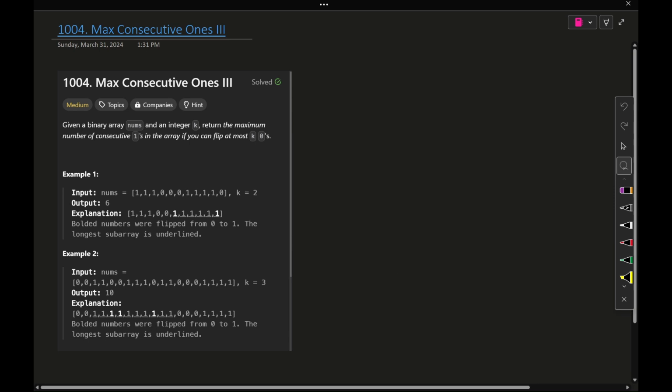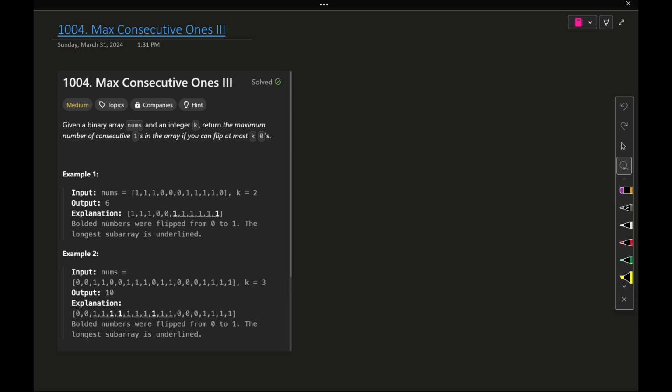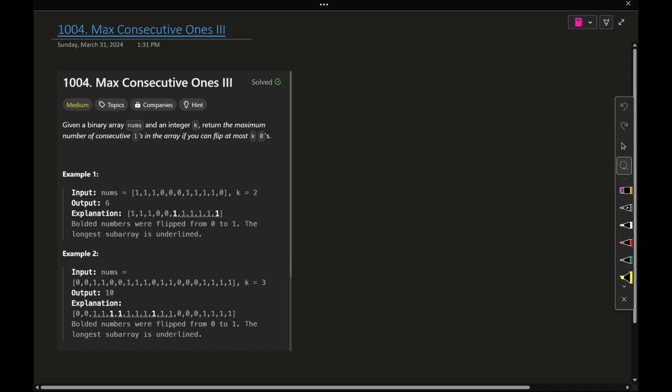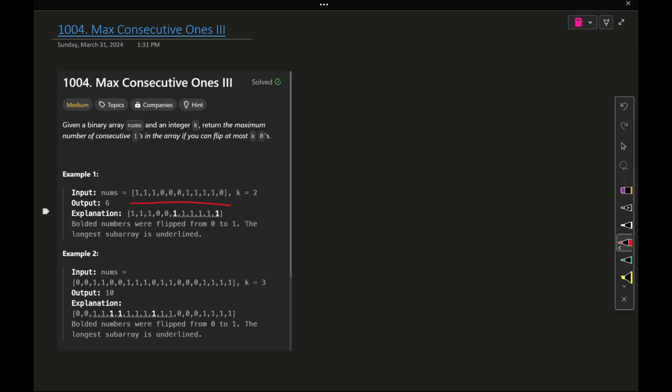So hello everyone, let's solve this problem, Max Consecutive Ones 3. In this problem we are given an array that contains ones and zeros, and we are also given k equal to 2. So we can flip any two bits, like 0 to 1. We can flip this 0 to 1 and this 0 to 1, and then we have to return the maximum number